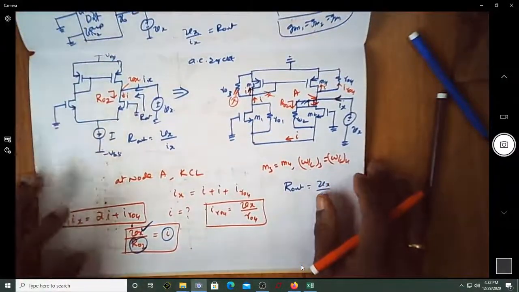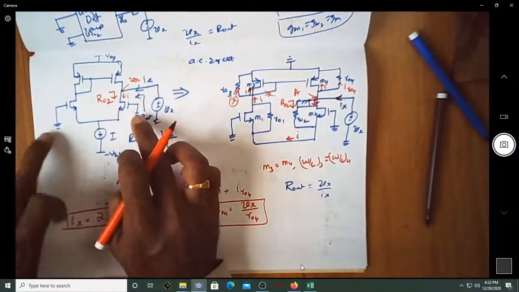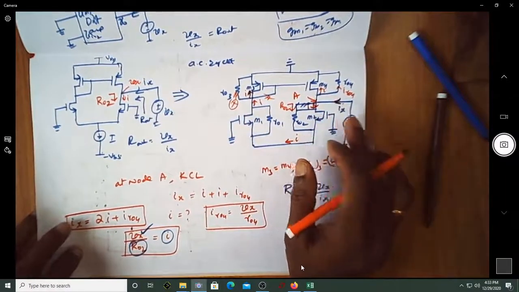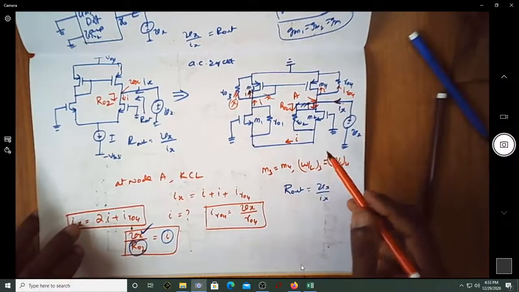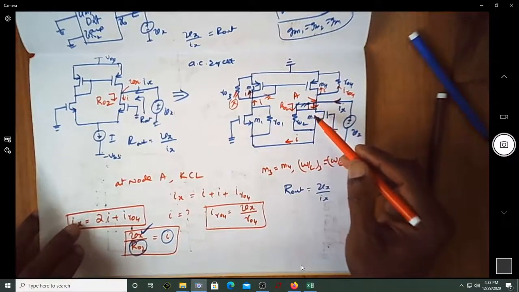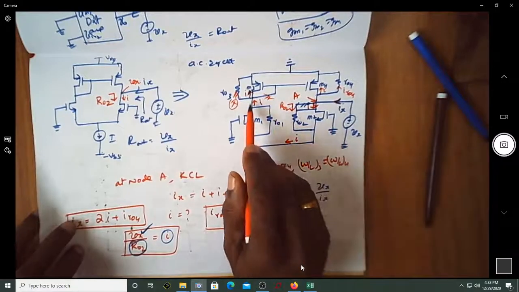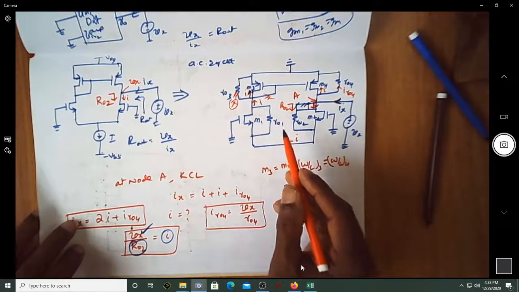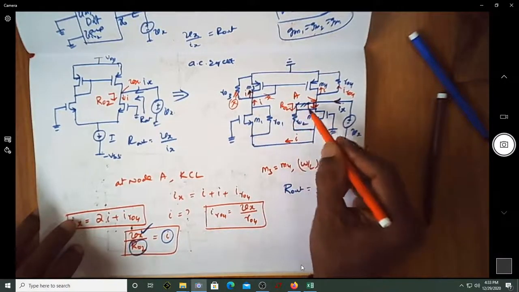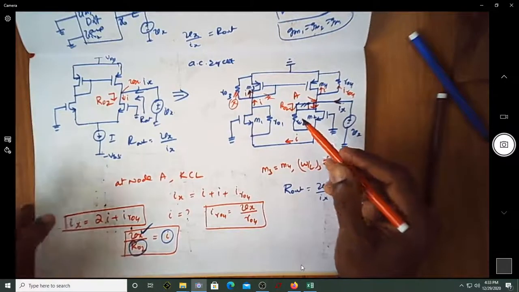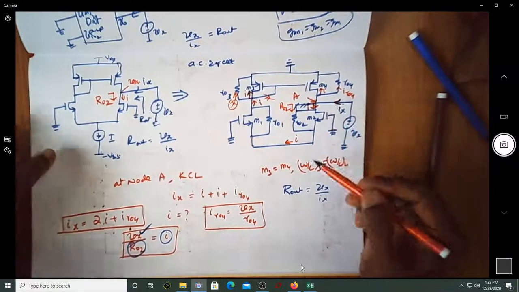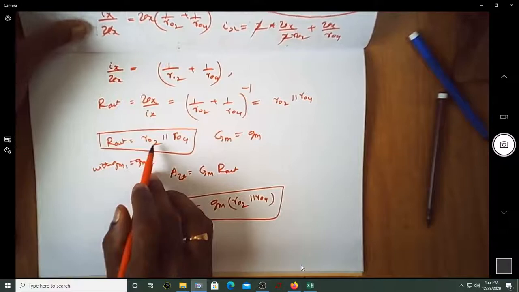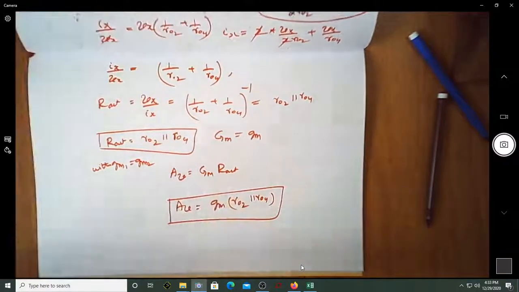So this way we can find out the output resistance by grounding the two inputs and then identifying the current that is flowing here. Once we write the nodal equation, we estimate the magnitude of this I, for which we considered the resistance looking towards the drain and towards the source, with the source of the drain connected with some effective resistance. It was found that R02 looking down here is equal to 2 times small r02, and by knowing all those parameters we could finally get the value of R out of the transistor, which is equal to R02 in parallel with R04.